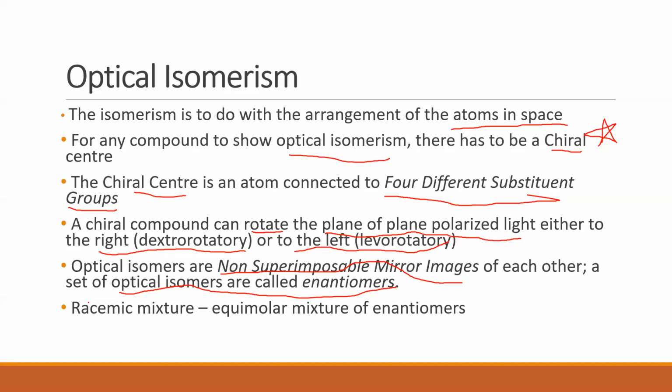Now coming to a word we came across in SN1, racemic mixture. What is a racemic mixture? It is an equimolar mixture of enantiomers. Equimolar means equal number of moles. If I have 5 moles of one enantiomer and 5 moles of another enantiomer, I mix them, I get a racemic mixture. Now I am very sure that you would have understood till here, till what is meant by a chiral center. From here till the last point, there is a question mark.